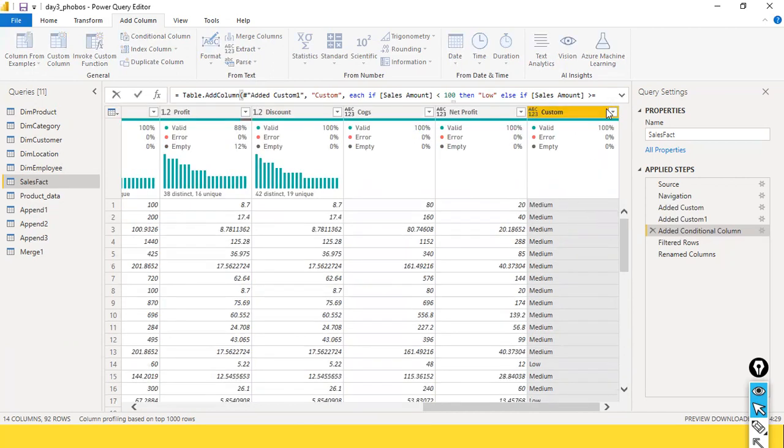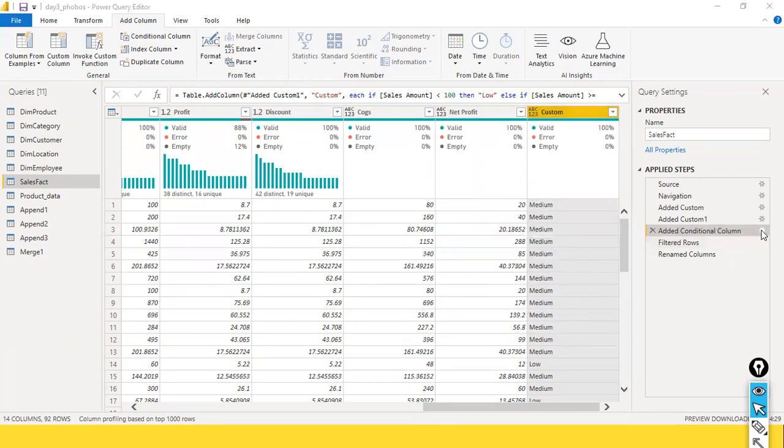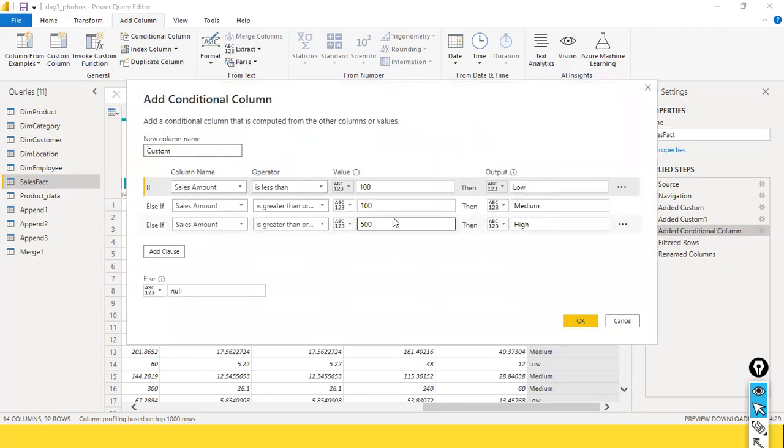And if I go here, still I don't see it. Okay, and still I need to make some changes here. So here, if the sales amount is less than 100, it is printing low, and if greater than or equal to 100, medium. And here, what we will do is